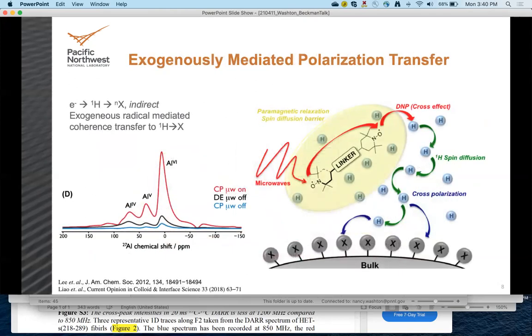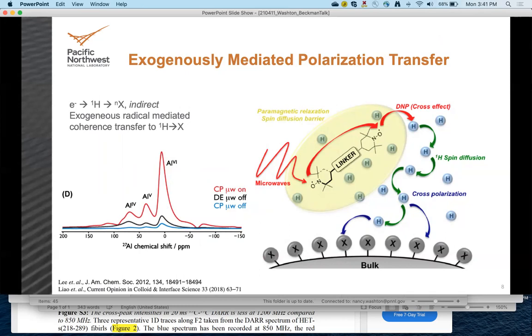There are two means to garner enhancement through DNP, both using radicals. The first is exogenously mediated polarization transfer. A small molecule containing a radical is introduced to the sample, typically in an organic solvent or water-glycerol mixture, into a slurry. Microwaves polarize the radicals, which then transfer their polarization to protons, which are then used to transfer polarization to the